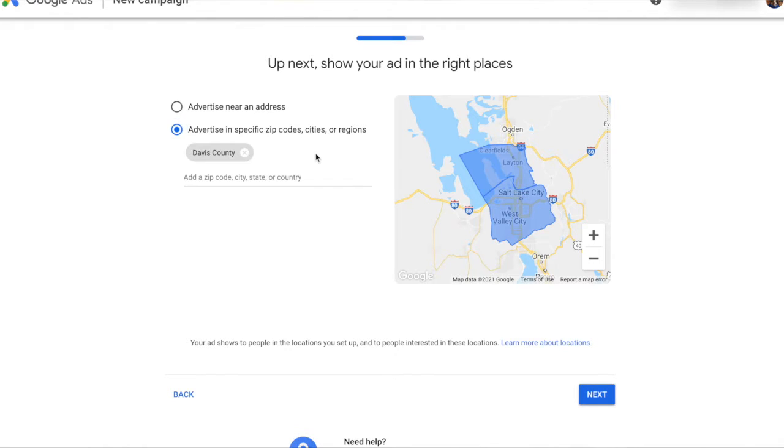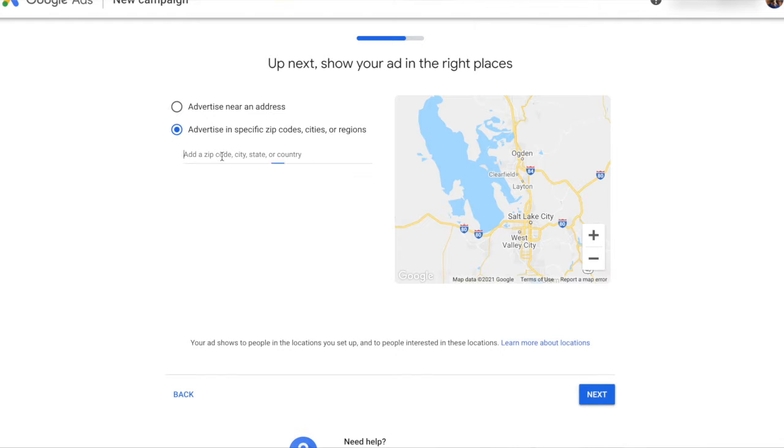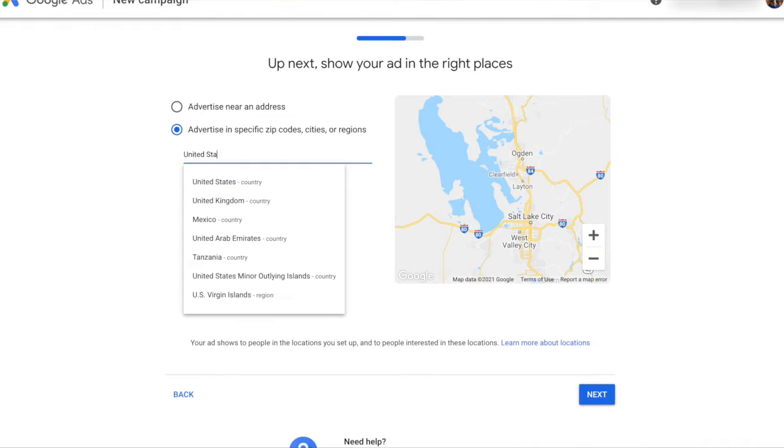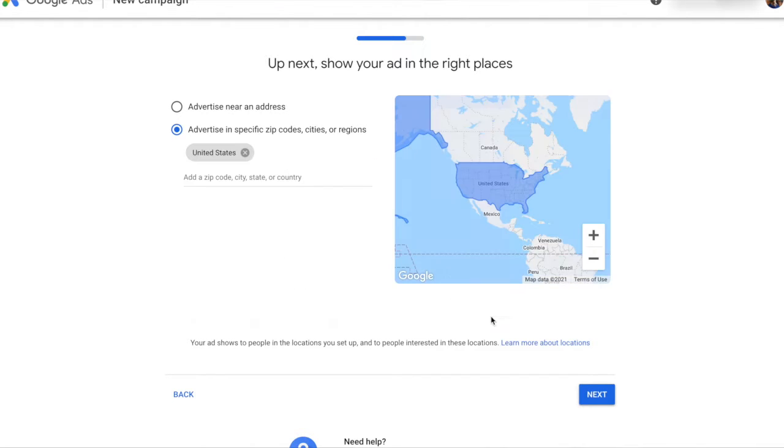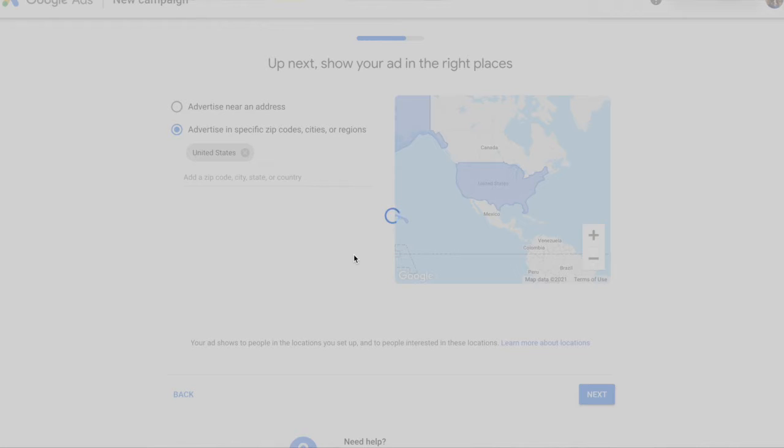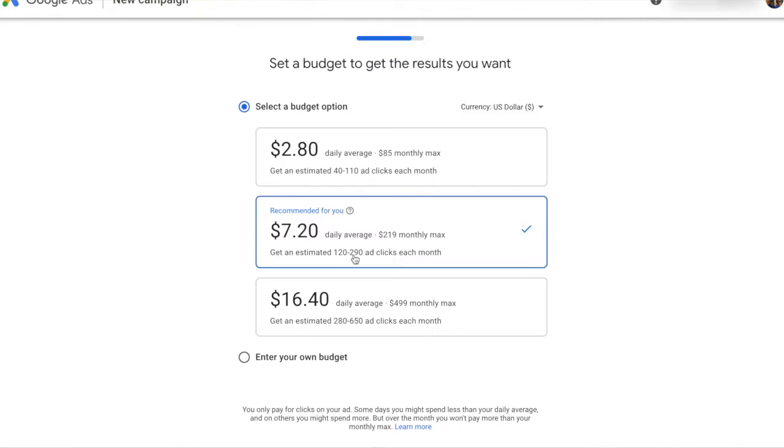For Gravity Dice, they sell dice all around the world. We're specifically going to target the United States. Therefore, I'm going to go ahead and put this filter in to target the United States. You can see that. Then select Next. Wonderful. So here, Google is going to ask you what daily budget you want to spend. Now, remember, we're going to pause this campaign, so don't sweat about this now, but this is a good thing